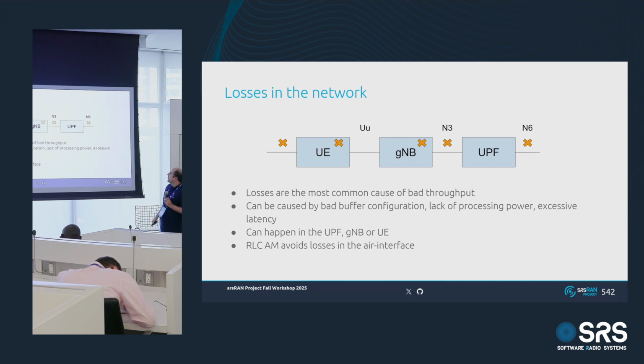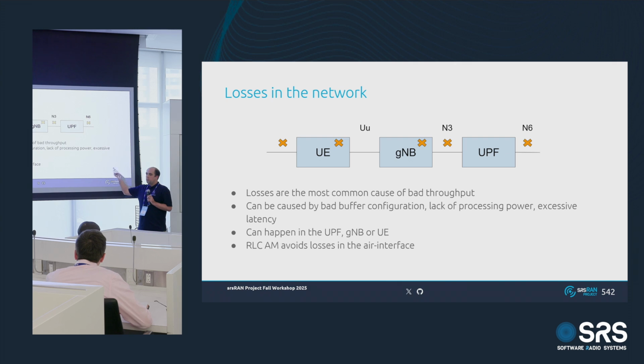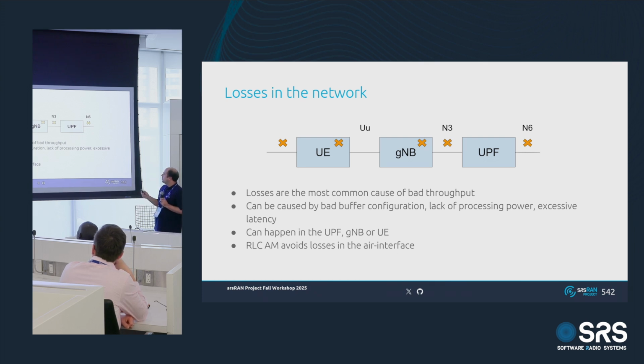inside the gNB. If your GTPU buffer is too small, you might drop at the GTPU. Maybe you don't have enough processing power and the kernel can't deliver packets fast enough to the gNB. There are many things that can go wrong. So let's try to walk through some of these common issues that we have encountered